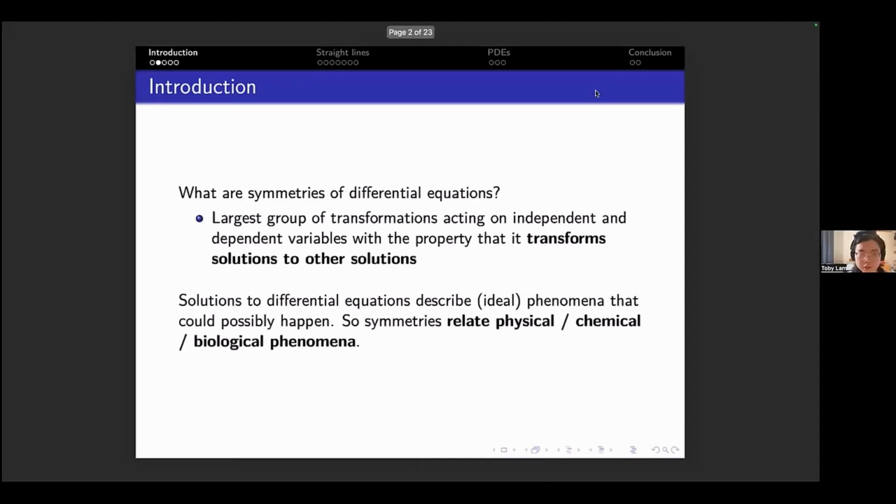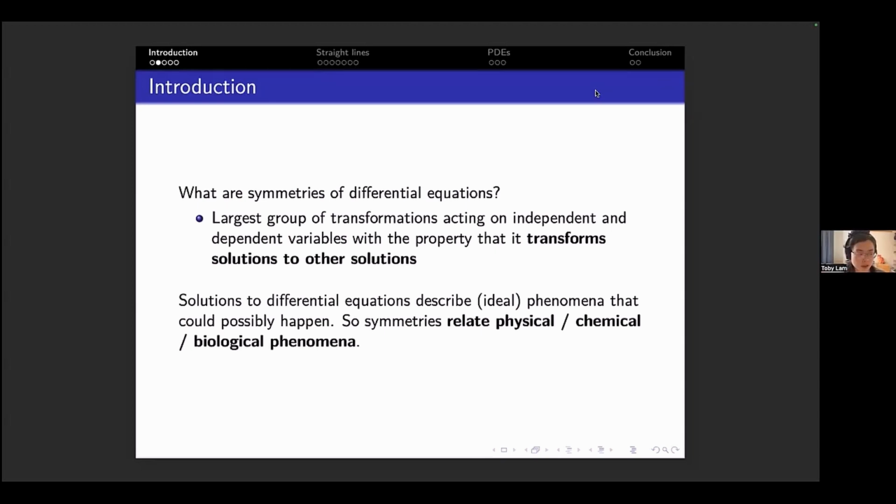Right, so I'm going to start. First of all, what are symmetries of differential equations? There's this fancy definition: it transforms a solution to a differential equation to another solution of the differential equation. Basically, why do we care about differential equations in the first place? It's because they're trying to model some sort of physical, chemical, or biological phenomena. Symmetries map solutions to other solutions. And so symmetries of differential equations try to relate different physical, chemical, or biological phenomena that are kind of similar